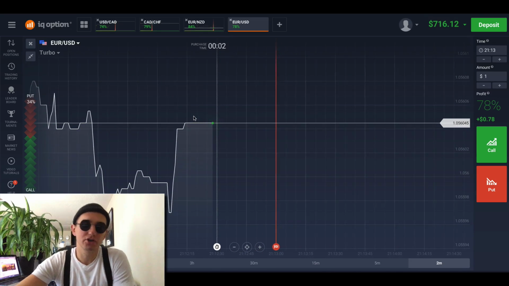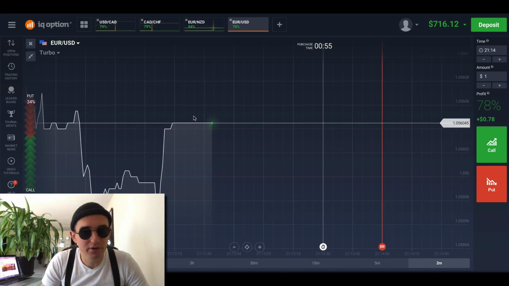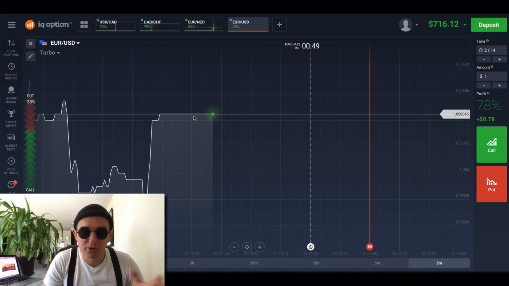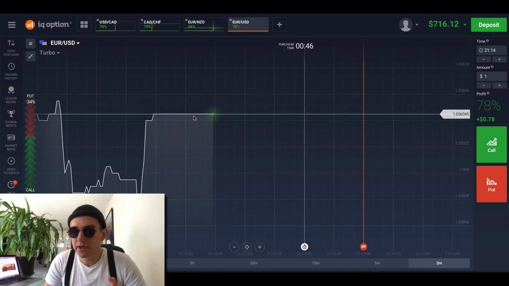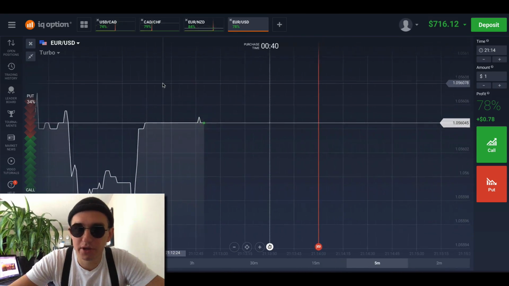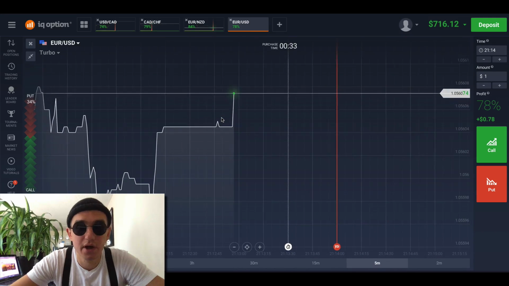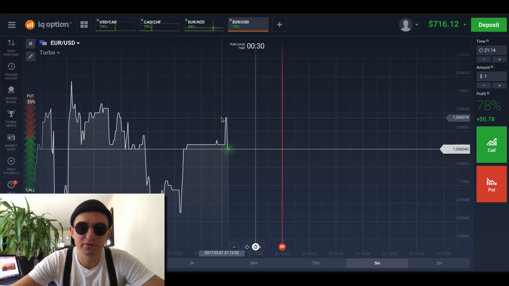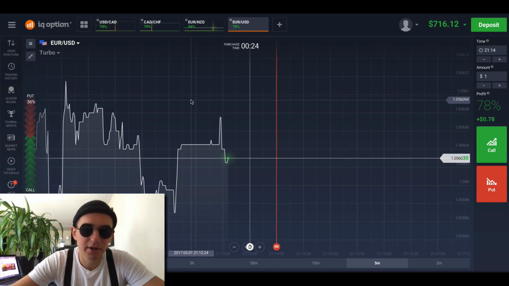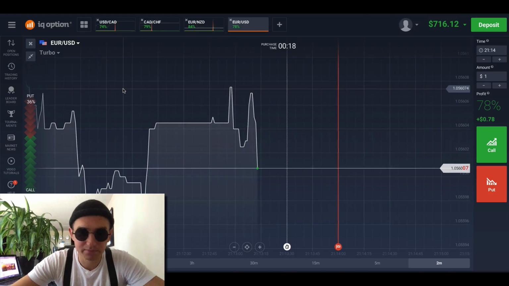So today I wanted to make a short overview of the IQ Option platform. This is one of the two platforms that I trade on a regular daily basis. Overall I trade Expert Option and IQ Option, but I didn't make any official introduction to it. So I just wanted to make a short review of the features that it has, because there are so many brokers out there on the market, and I can say that one of them is simply the best out of all. Every single broker has its cons and pros, and what I like in this particular one is that it has a really nice